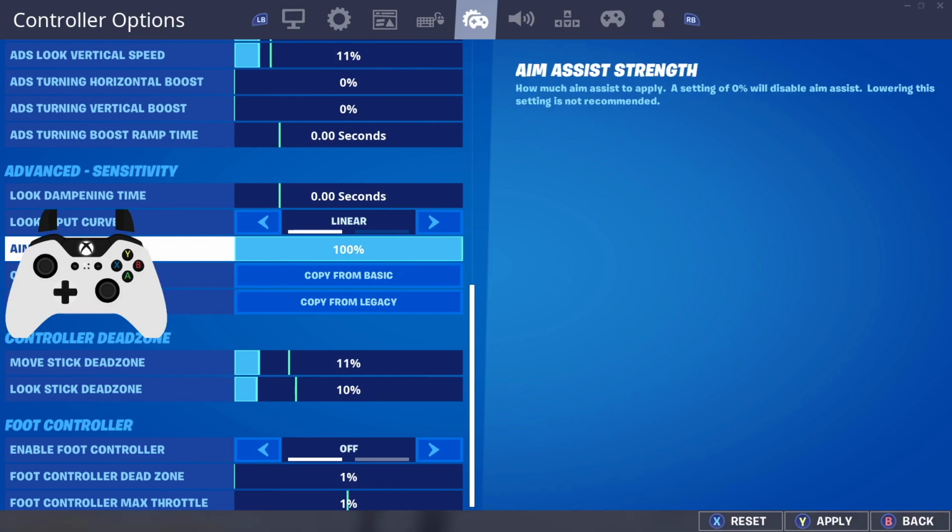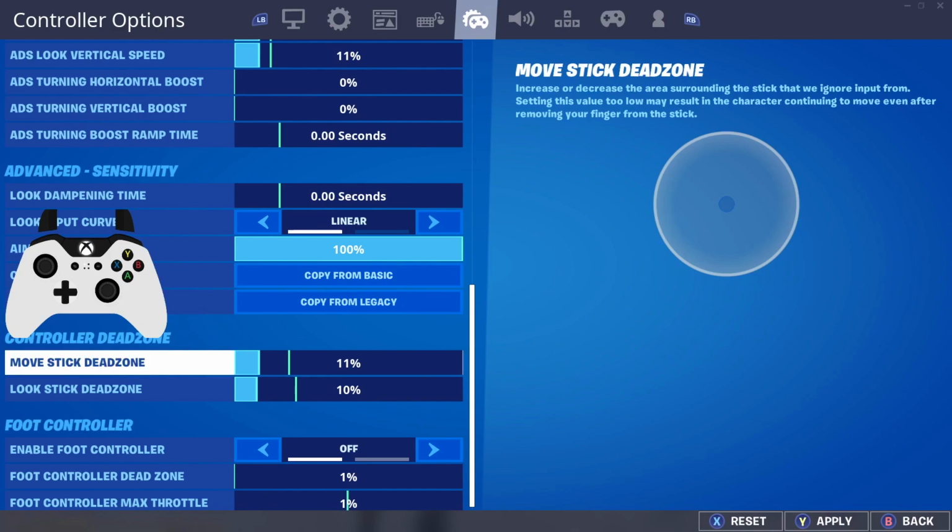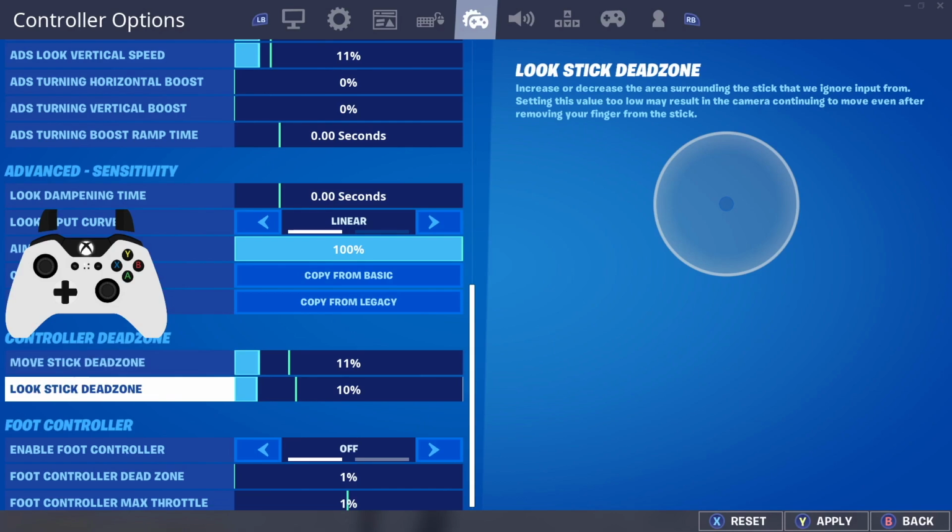Now I used to play on an 8% for my look stick dead zone, but I was having a little bit of stick drift, so I ended up bumping it up to about 10%. So I have 11% and also a 10%. And going down into my foot controller, now this is really specific to exactly what you're looking to do with